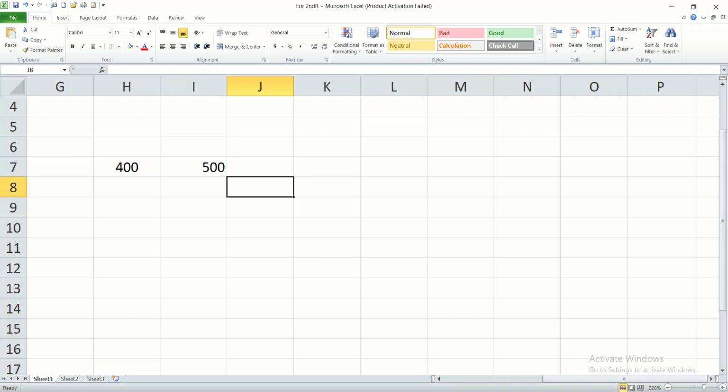Let's suppose we want to get the answer in this cell. In order to do any calculation in Excel, first you have to enter the equal sign. For any formula to apply, first you have to enter the equal sign, then select the number from which you want to subtract. We want to subtract 400 from 500, so we will select the 500, and then we'll enter the